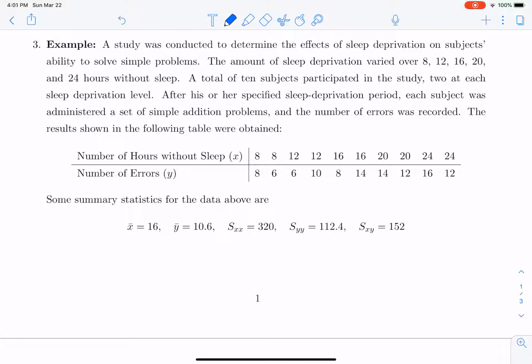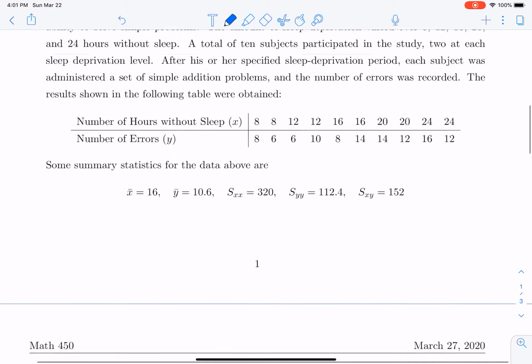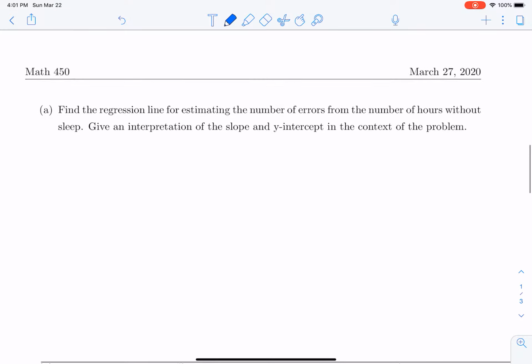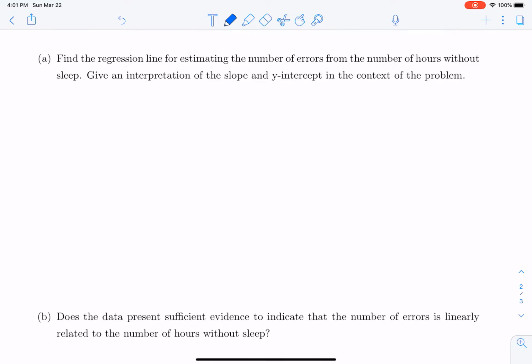Now, given that information in the table, we can compute some summary statistics like X bar, Y bar, S sub XX, S sub YY, and S sub XY. We're going to use this information to construct our linear model. So the first thing we want to do is find the regression line for estimating the number of errors from the number of hours without sleep. So in order to do that, we're going to have to